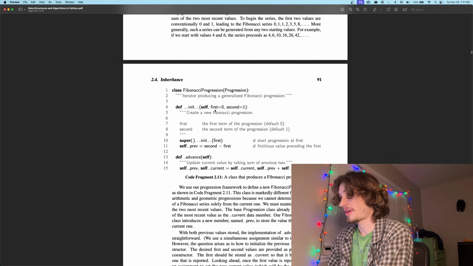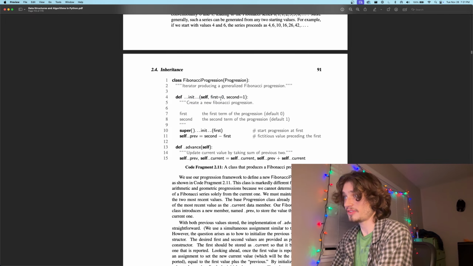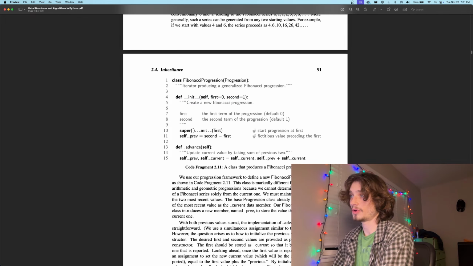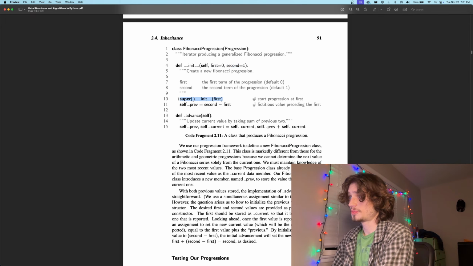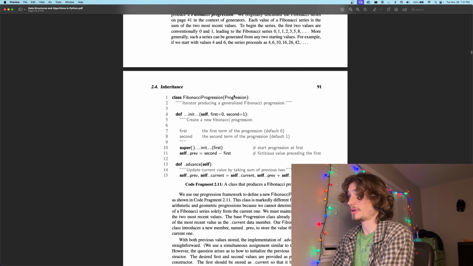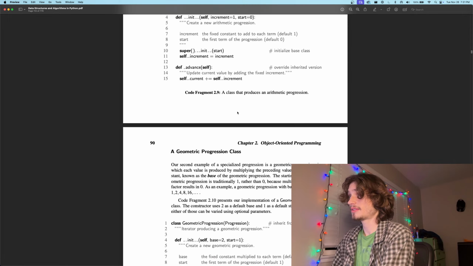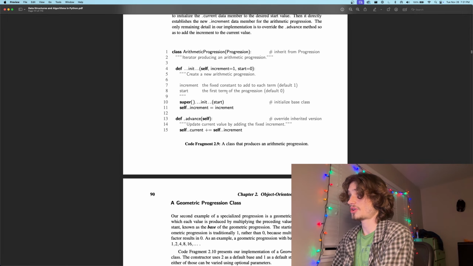So when we initialize, we have a value of first, which has a default of 0, and second, which has a default of 1. So this is the first value in our sequence and the second value in our sequence. We super the first value from the progression class, right? And because this doesn't have a start,